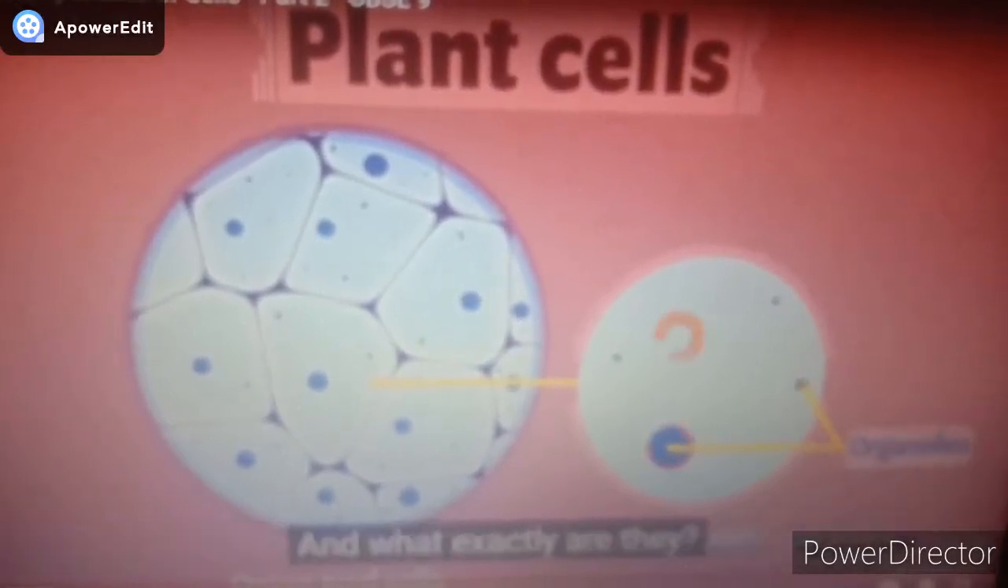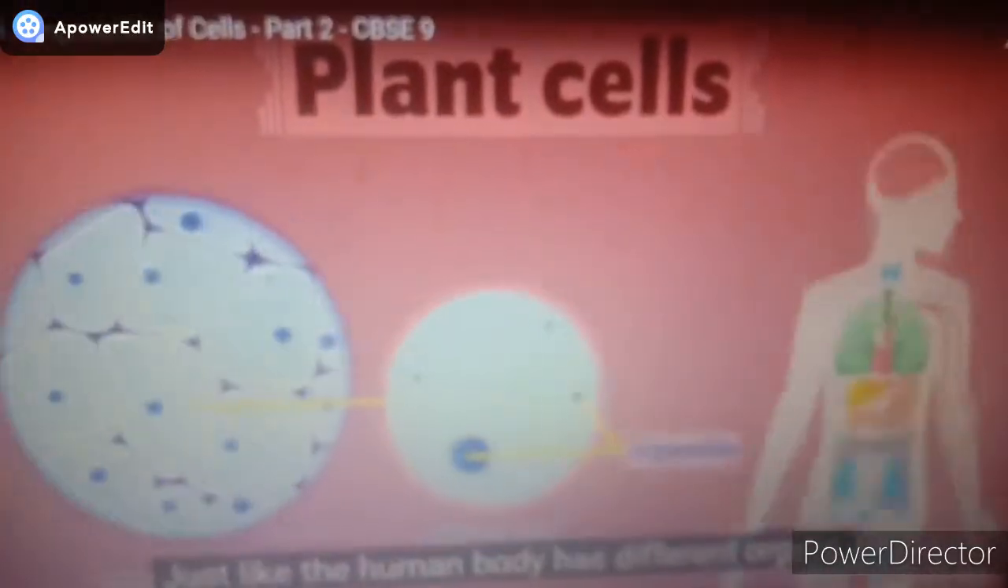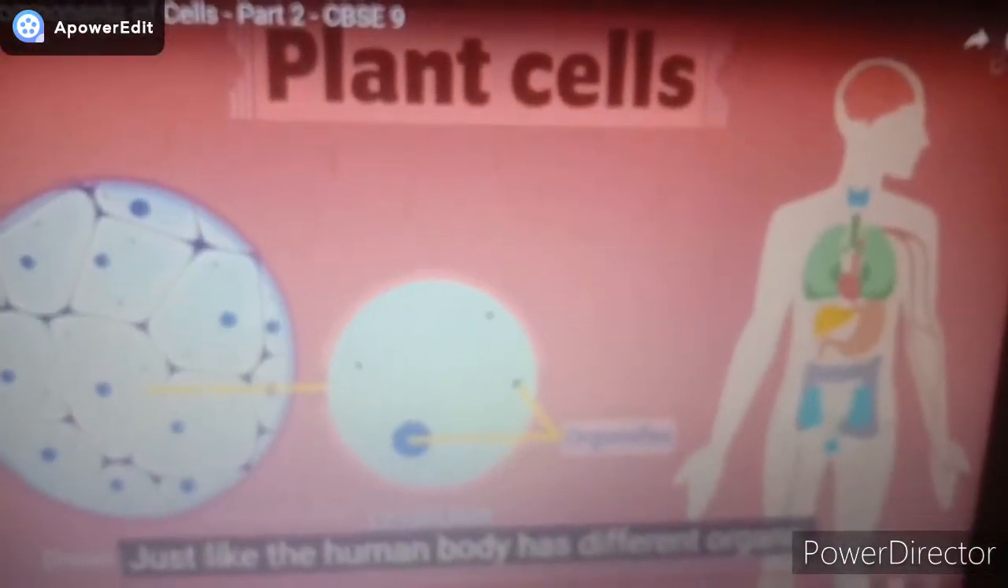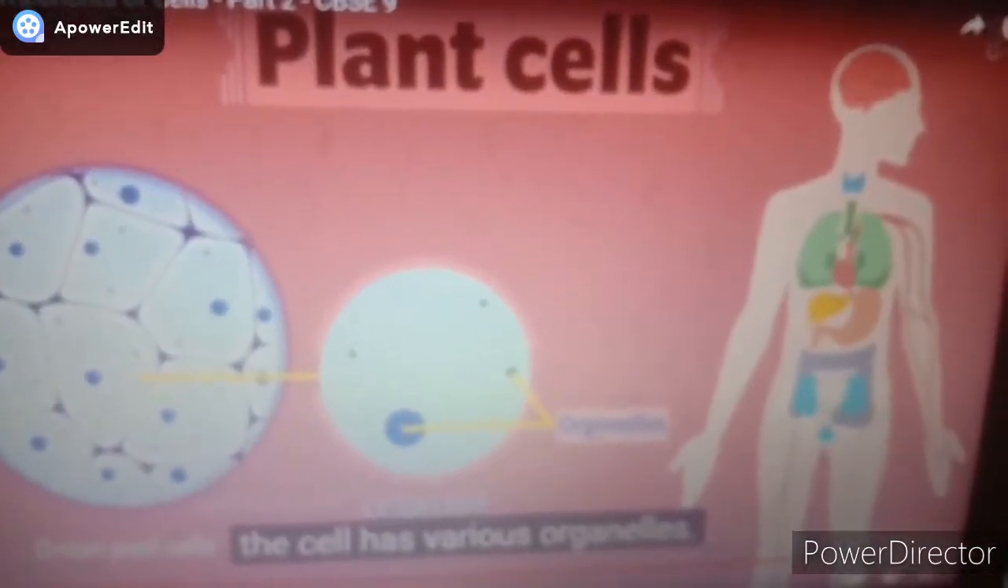and these tiny parts in that cytoplasm, what are these? These are cell organelles, like they are